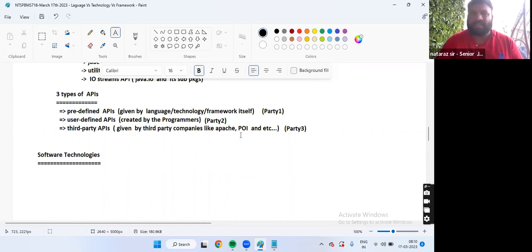They are third-party companies. That's why those APIs are called third-party APIs. Everyone getting my point? Apache and Poi are company names, so the APIs those companies supplied are called third-party APIs. Understanding my statement? Okay.